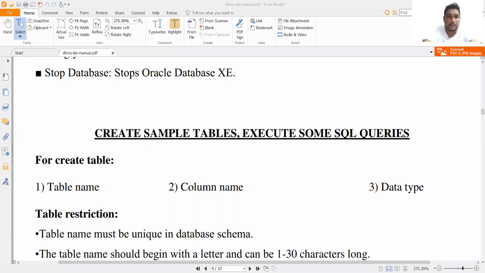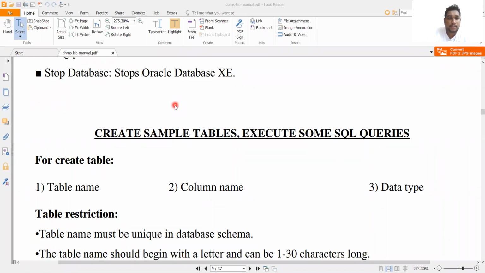Hello students, good morning. In the last class we completed the second unit, right? In this session, instead of starting the third unit, I just want to give the scenario of how we discuss various commands in SQL, okay?